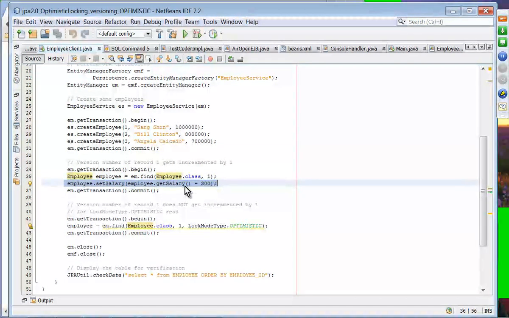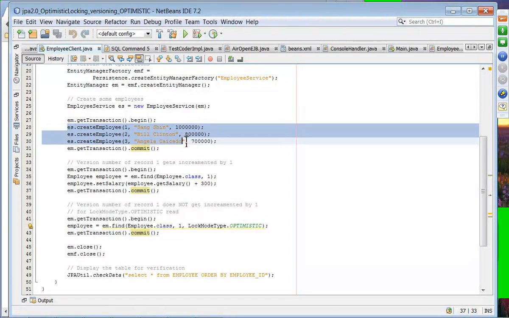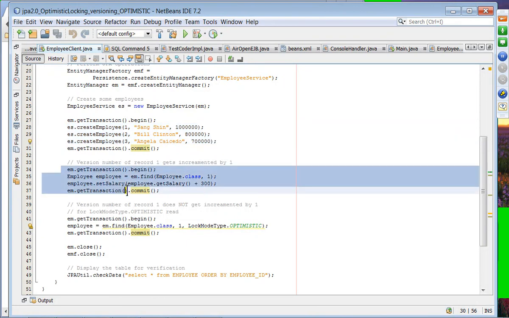We increase the salary of Sang Shin by 300, and then we commit. Every time a change is made, the version number should be incremented by 1. When the record is created, the version number starts from 1. So after this, Sang Shin's version should be incremented by 1,